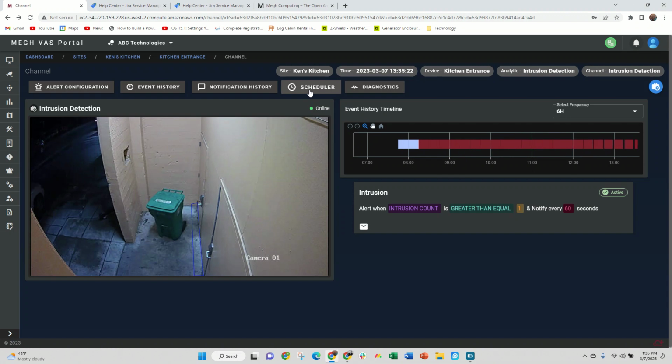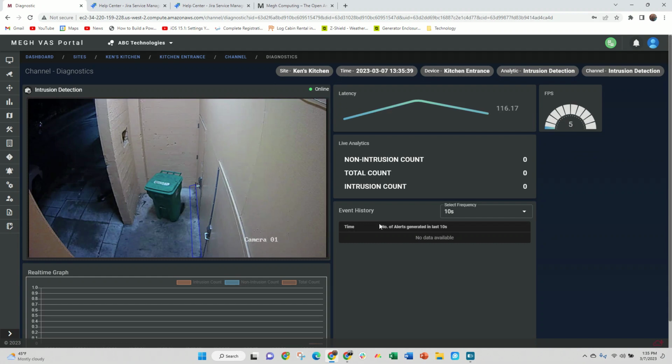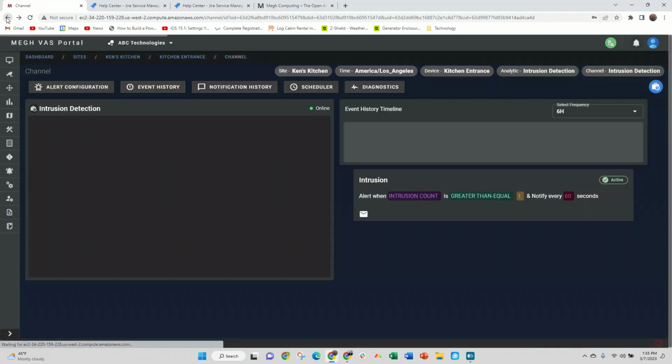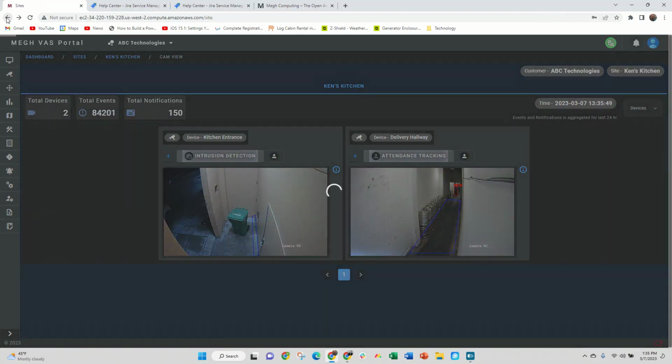And then, of course, we can schedule around the days and times that we want this analytic to be active, right? Monday through Friday, 6 p.m. to 6 a.m., 24 hours on weekends as an example. And then lastly, there's a diagnostics icon that gives us a sense for how many frames per second the camera's operating at and what level of performance is taking place out of the camera. So pretty good summary at the